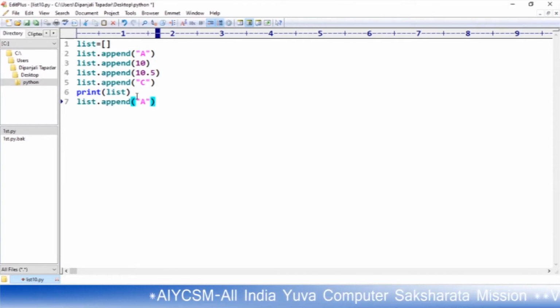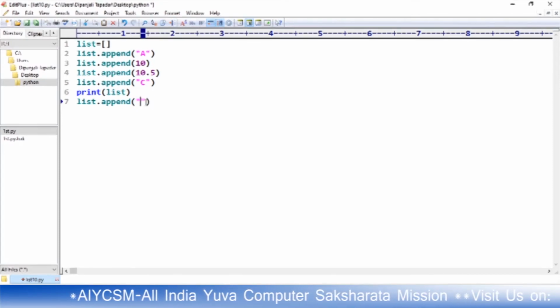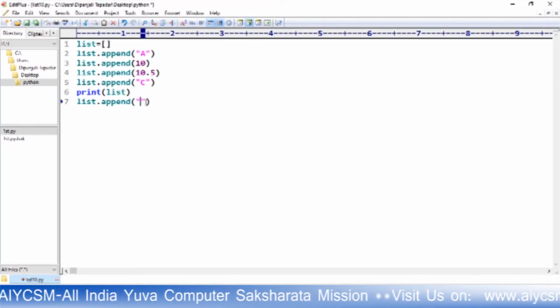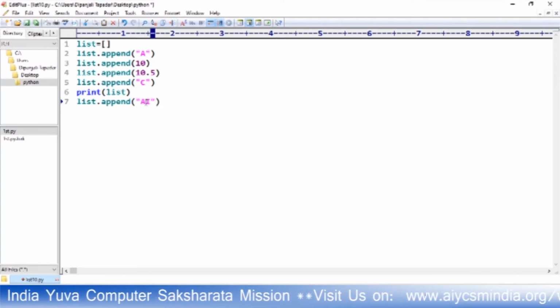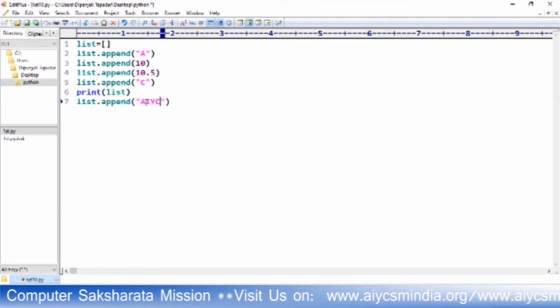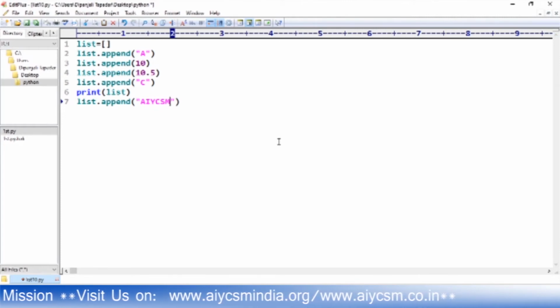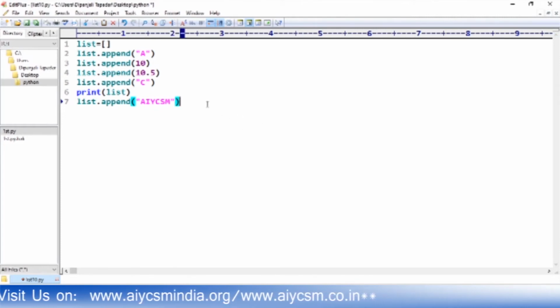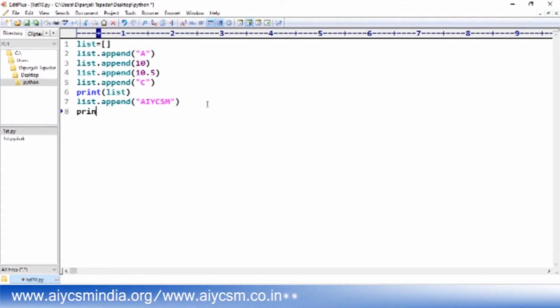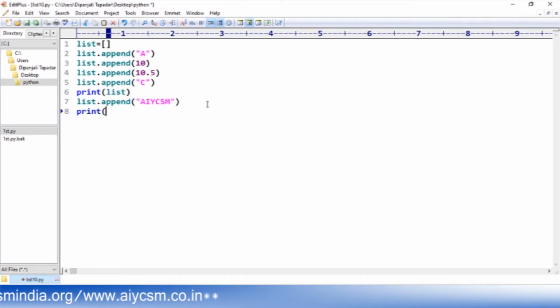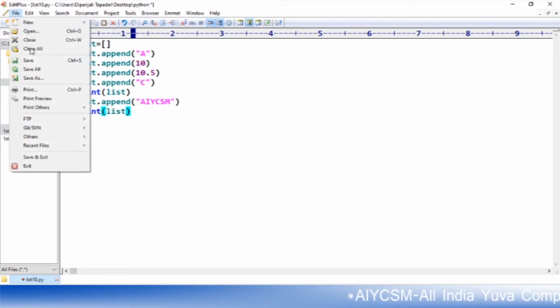You can add All India Jubo Computer Saksharata Mission. Now print it. You can see that at the end it will be printed. This is our institution where we learn our course.